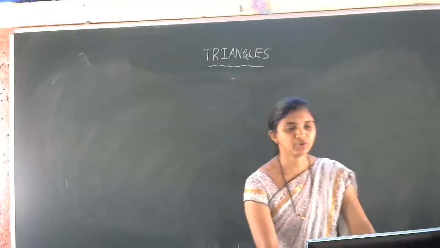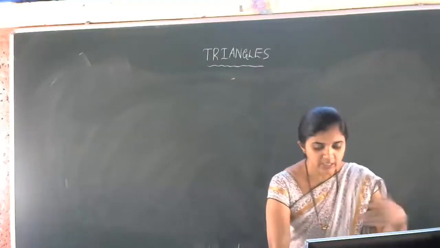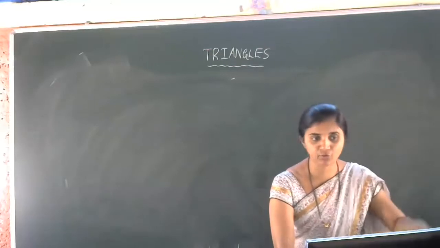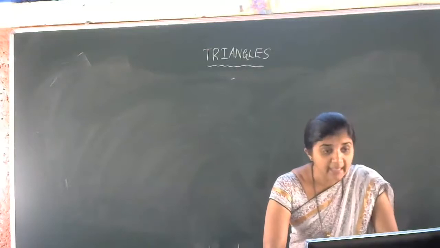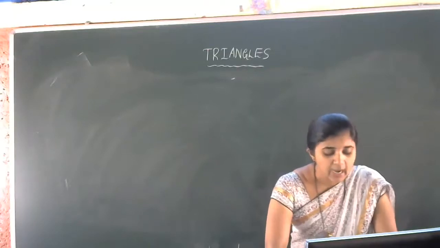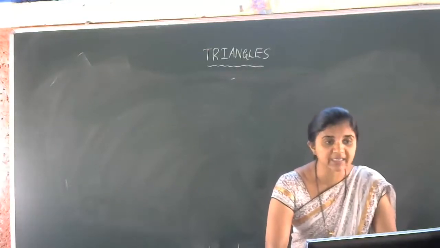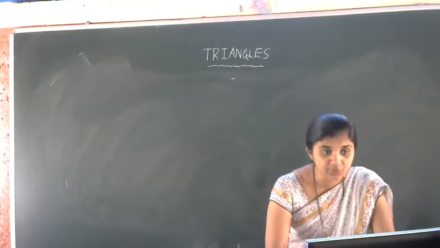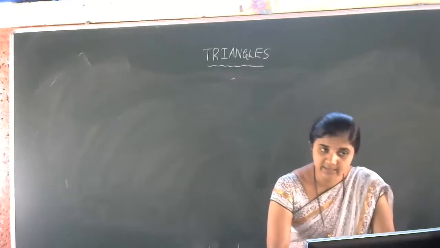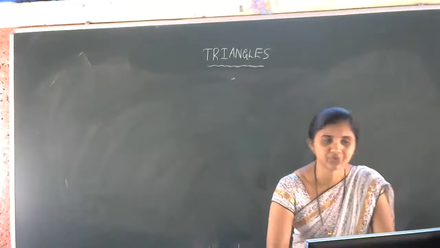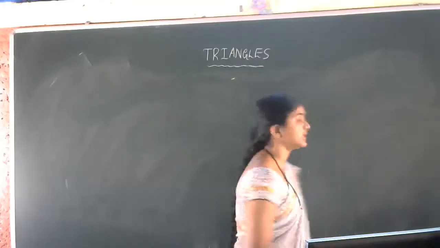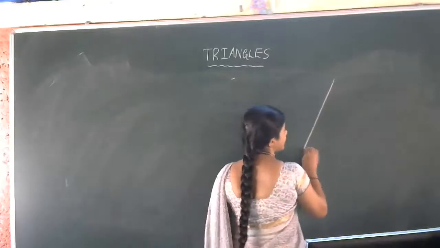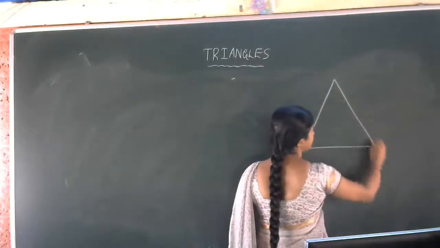Fourth question. Let's read the fourth question. Diagram is not given, so we have to draw the diagram while reading the question. BE and CF are two equal altitudes. The word altitude is there. BE and CF are two equal altitudes of a triangle ABC. Now we have to take the triangle ABC.